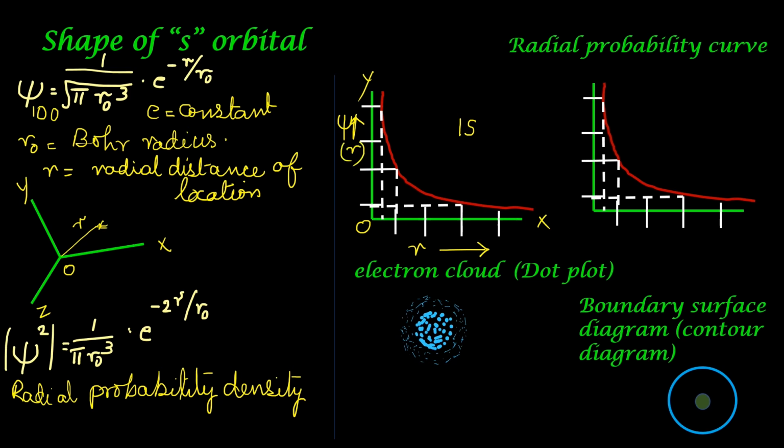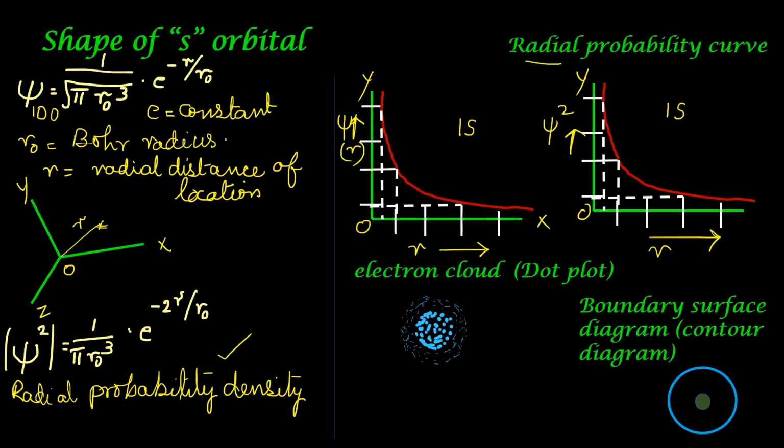Now let us see the second graph. This also is for 1s, but the quantity taken along the y-axis is psi square. This is the origin. This is the distance. Probability density, that is psi square, gives the probability of finding an electron at a particular distance. The graph looks more or less the same. Psi square or the probability density, radial probability density, decreases or falls as the distance increases, rather more sharply than the wave function. Why do we use the term radial probability?